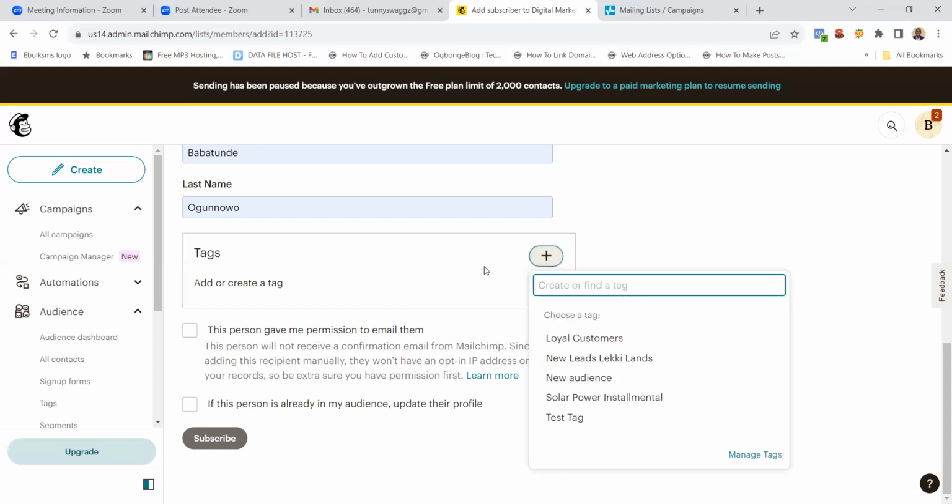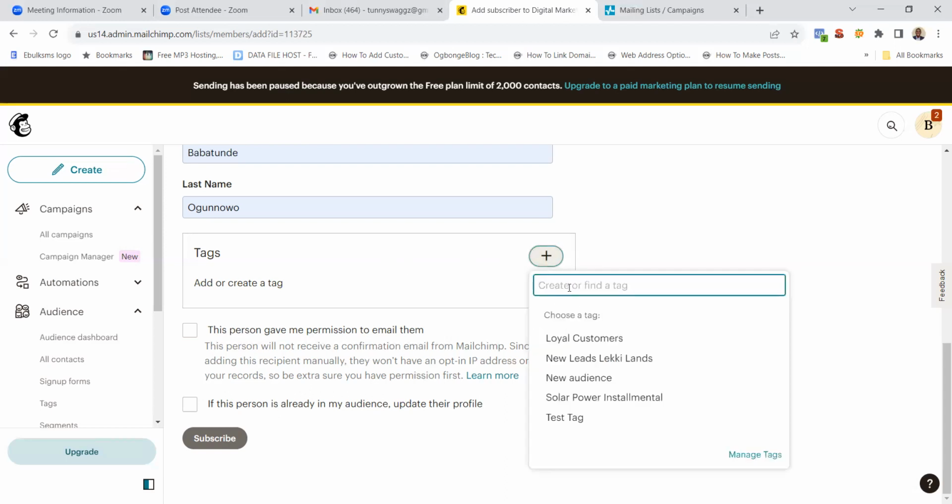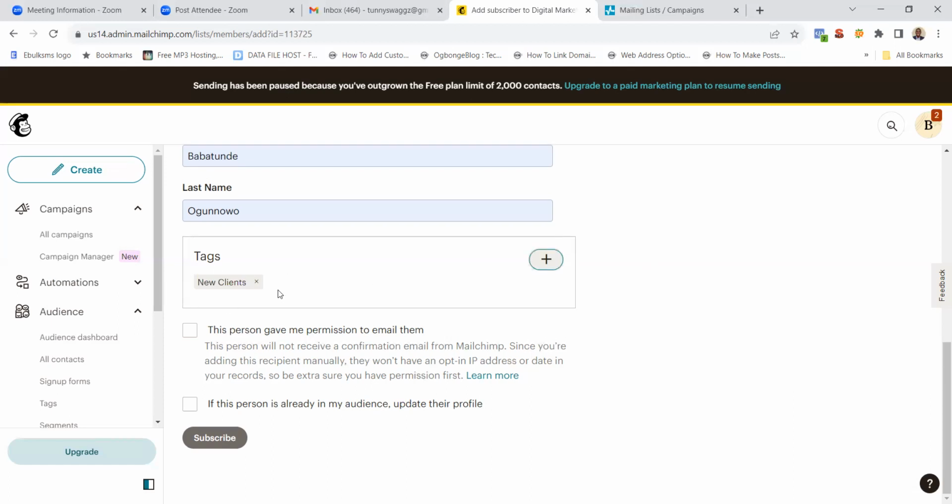So you create a tag for the audience you are adding. Creating a tag means you just click on this plus icon and then you type the tag into this place. So we can say something like new client, and then just hit enter. So this person is tagged new client. Then you check this to say that you can email this person,